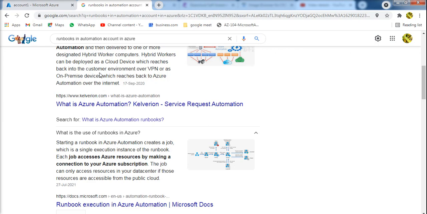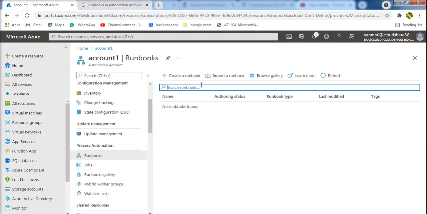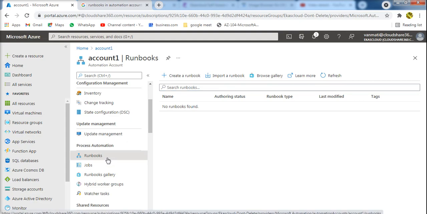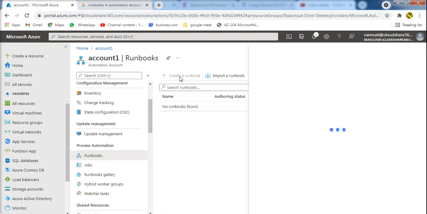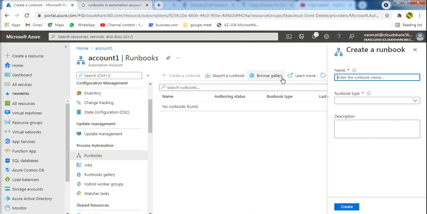Now let us see how to create a runbook in automation accounts. Below the process automation you have the option called runbook. Just click create a runbook and give any name for your runbook. I'm giving it as runbook